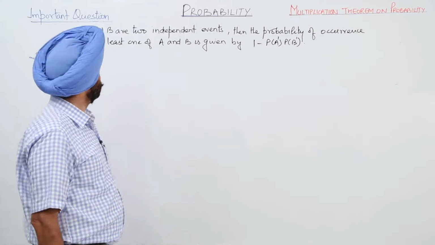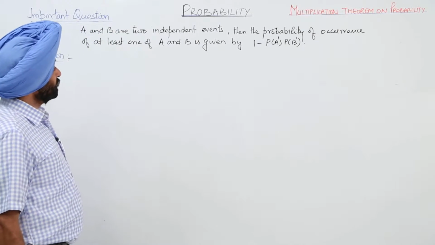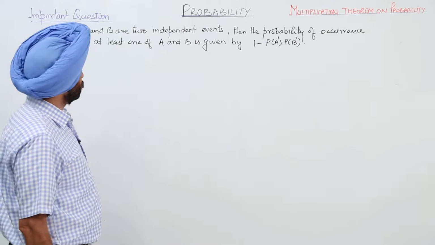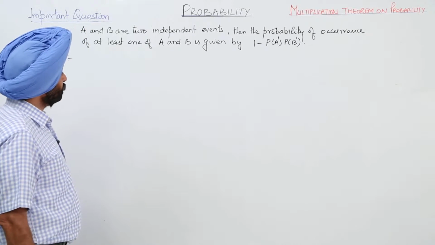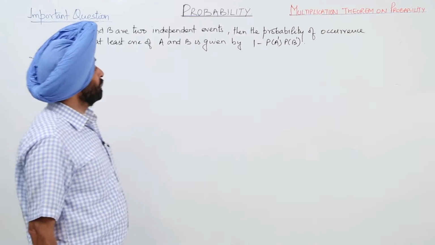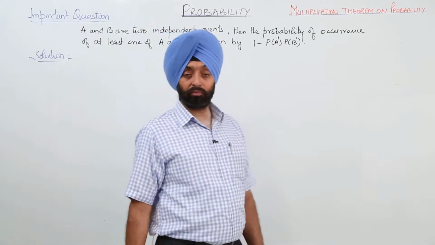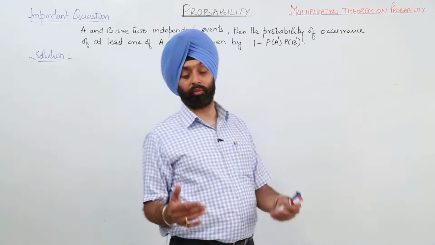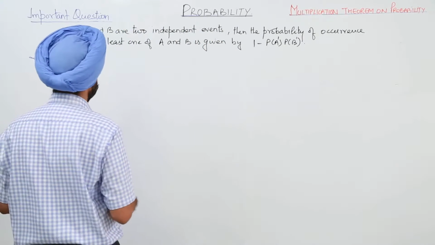An important question. A and B are two independent events, then the probability of occurrence of at least one of A and B is given by 1 minus P(A naught) P(B naught). Probability of A naught, probability of B naught. Now,